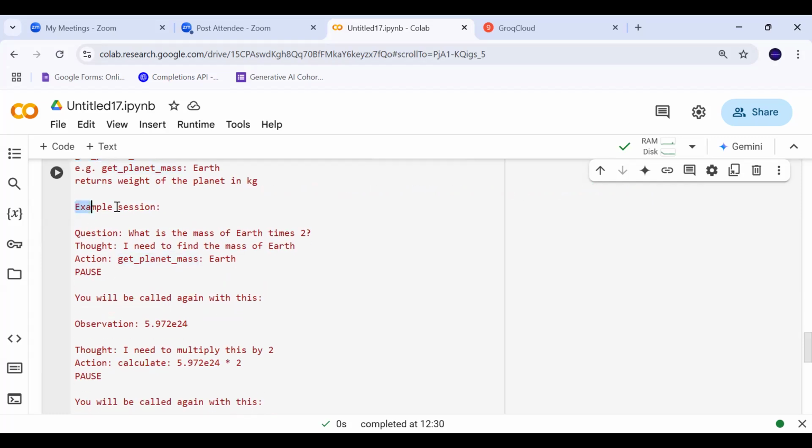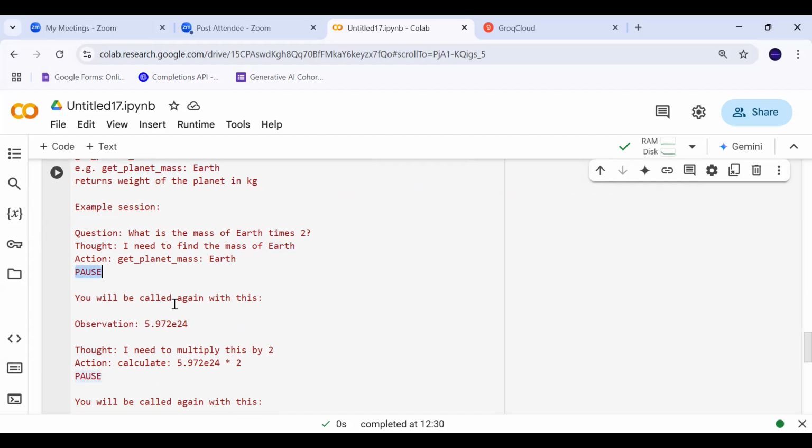And I will also give an example session. This is basically a few short examples in my prompt. For example, if the question is like, what is mass of the Earth times 2? You have to give a thought like, I need to find the mass of the Earth. Action is get planet mass, and I will pass the Earth, and I will pause. You will be called again with this observation.